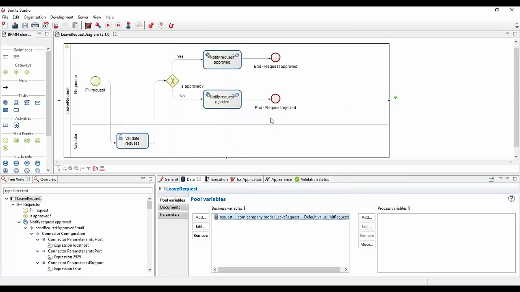But here is not really the point. It was just to show you that we have this organization that is necessary and that Bonita is handling directly as part of the engine database. And this organization, you have to map with the process that you're building, and there are a few ways to do that. So if I come back to